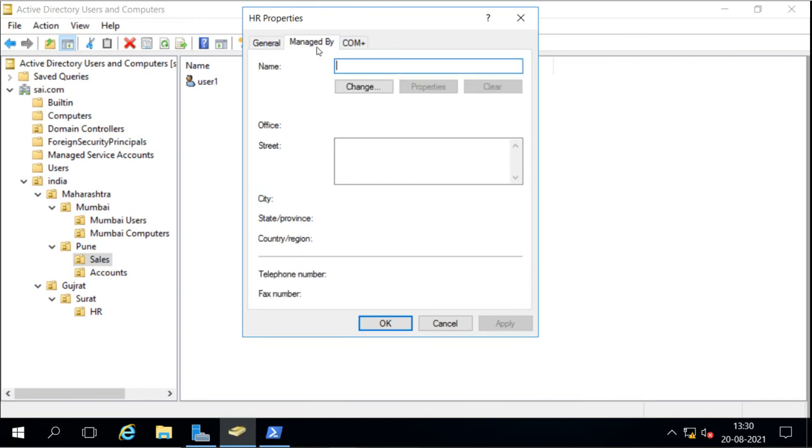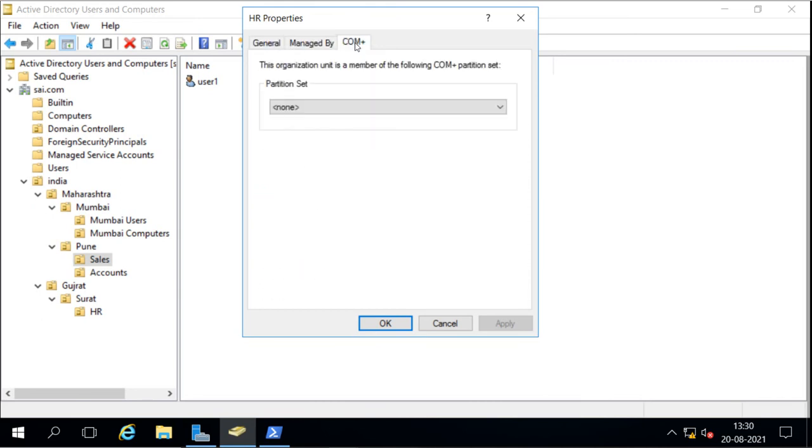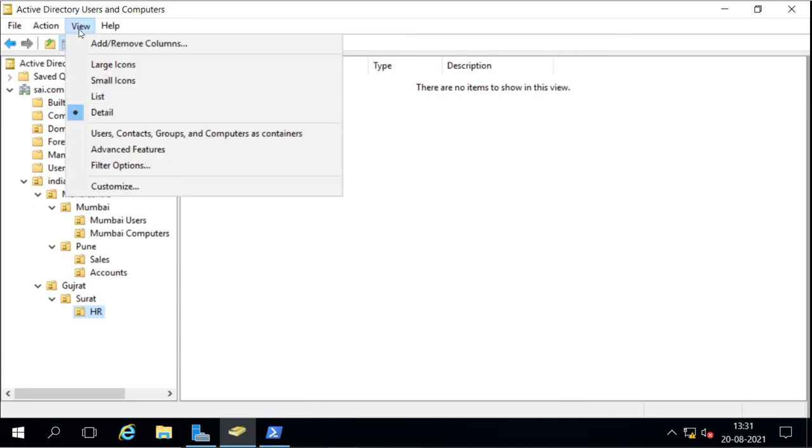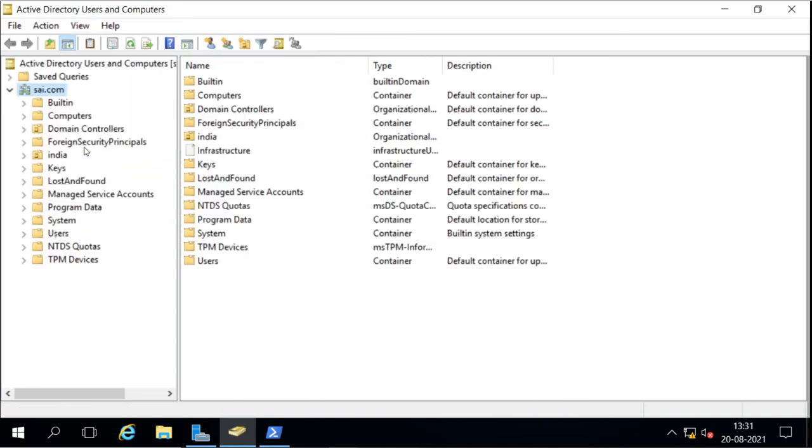It will show you who it is managed by and COM information, but it will not show you the checkbox that you want to remove to delete this OU. Now if you really want to delete this OU, then you have to go to View, Advanced Features, and under the advanced features you will see that checkbox.